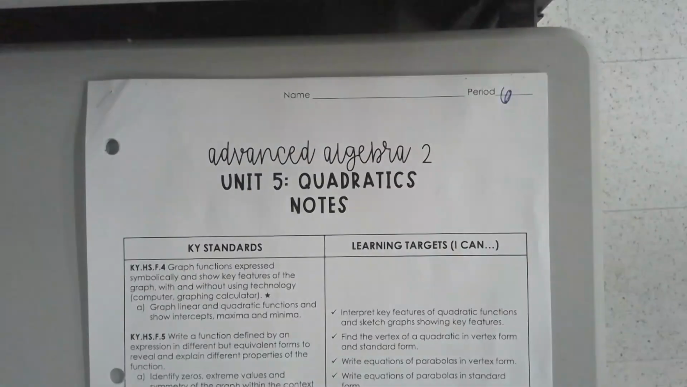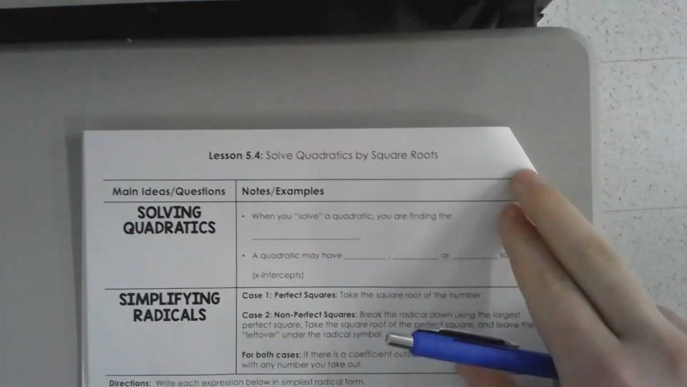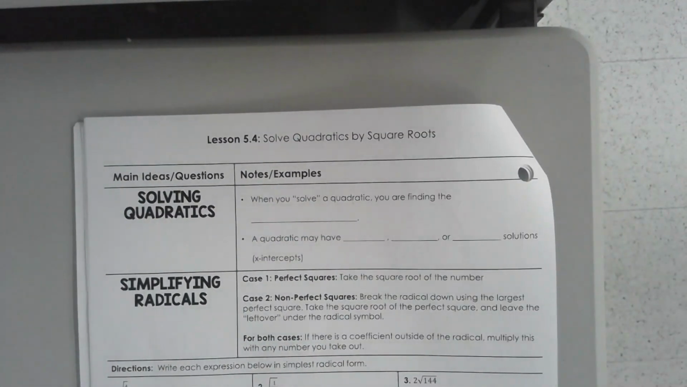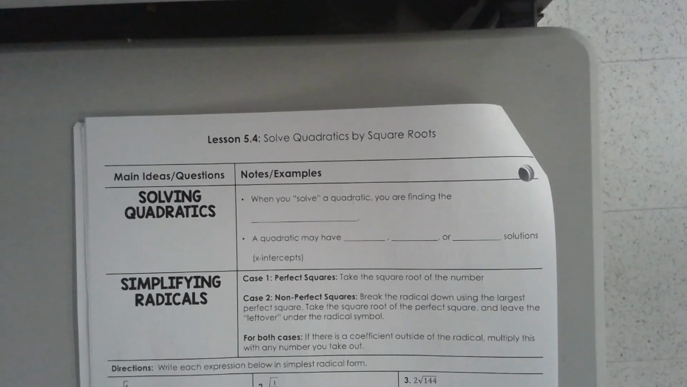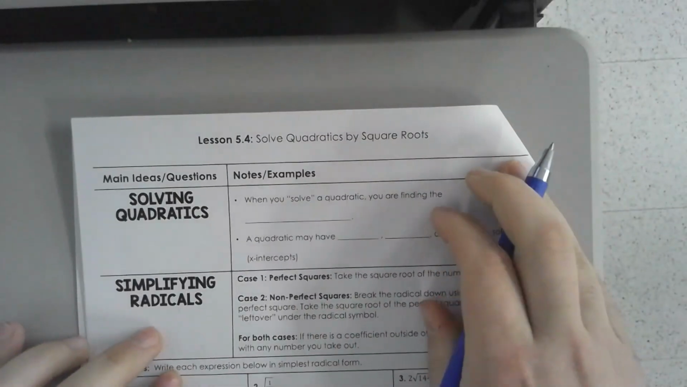Alright, so today we're going to do 5.4, and it is called Solving Quadratics by Square Roots. Up to this point, we've looked at standard form and vertex form. We found out how to identify the vertex, axis of symmetry, so today we're going to start how we can solve a quadratic. So first point, when you solve a quadratic,